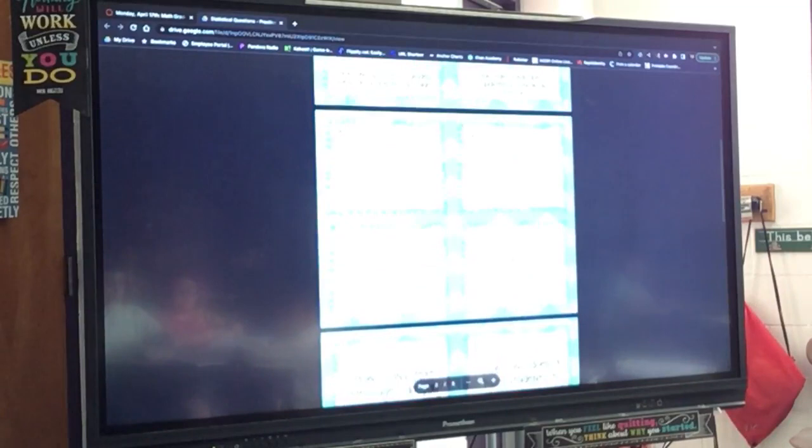Sliding down to number 5, 6, 7, and 8. It says write a statistical question that would have generated the following answers. So for number 5, our answers are 2, 3, 2, 5, 4, 3. So what would a statistical question be that would go with that? Troy? How many bottles of water do you have each day? Perfect. So for number 5, you need to write